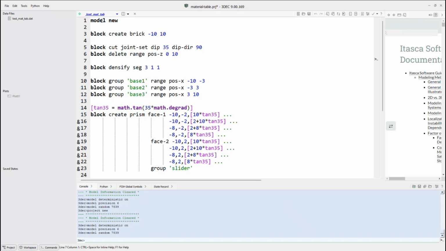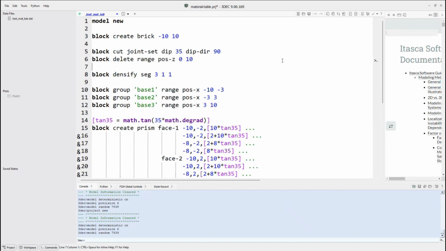This is what we're doing. So model new, like usual. We're creating a single brick. We're cutting a slope into it with a dip of 35 degrees. And we're deleting the top part. Then we're going to densify it. If we haven't seen this command before, the densify command will automatically make some cuts to divide your block up into smaller pieces. So what we do is we say block densify, and we give segments in the X direction,